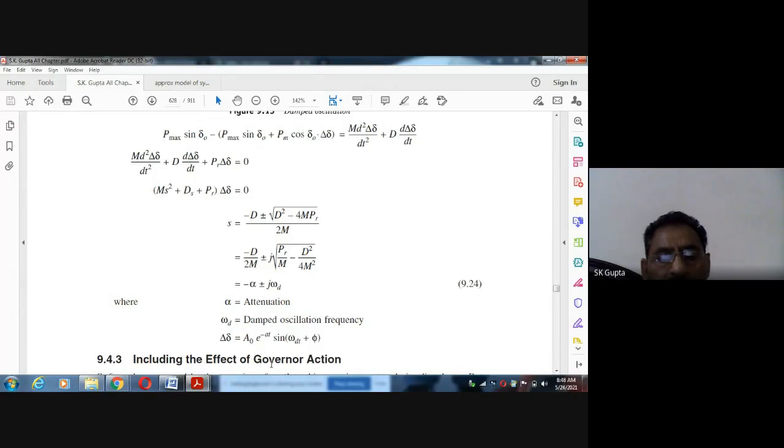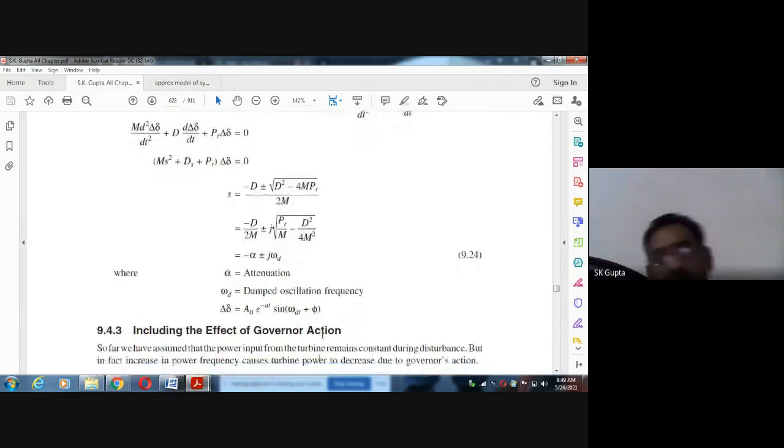Now we will take the effect of governor action। देखिए हमने लोड फ्रीक्वेंसी में ये क्या था, अब तक ये एज्यूम किया लोड बढ़ गया, इलेक्ट्रिकल लोड बढ़ गया या कम हो गया तो सिस्टम में जो ऑसिलेशंस आएंगे वो किस टाइप के आएंगे। इसमें हमने ये एज्यूम किया है हमारा गवर्नर एक्शन काम नहीं कर रहा है, केवल थोड़ा सा लोड बढ़ा और ये अपने आप कैसे उसको सस्टेन करेगा। इनफैक्ट हमारा गवर्नर एक्शन भी काम करता है जो हमने लोड फ्रीक्वेंसी में पढ़ा हुआ है। गवर्नर एक्शन का क्या, जैसे ही लोड बढ़ेगा तो फ्यूल की एंट्री बढ़ेगी, या लोड कम होगा तो फ्यूल की एंट्री कम होगी with some time delay. टरबाइन और स्पीड गवर्नर के टाइम डिले के अकॉर्डिंगली और उसमें इंटीग्रेट करके पता लगते हैं कि